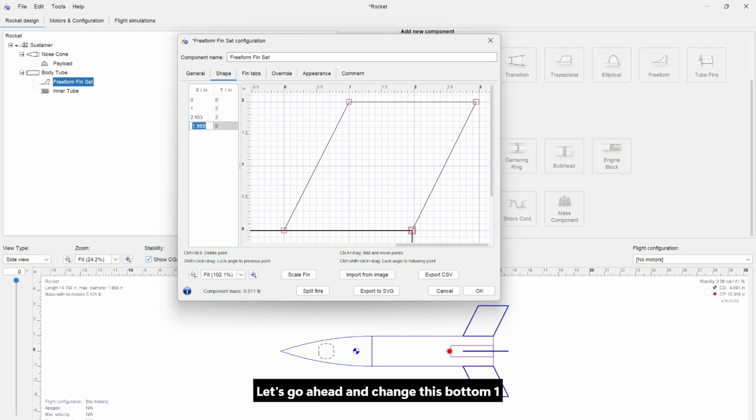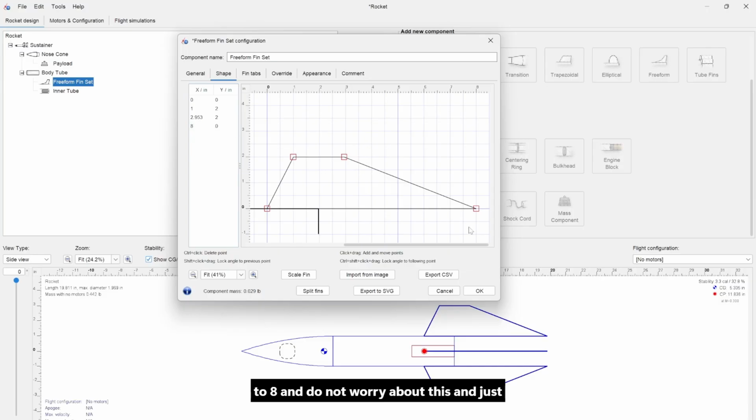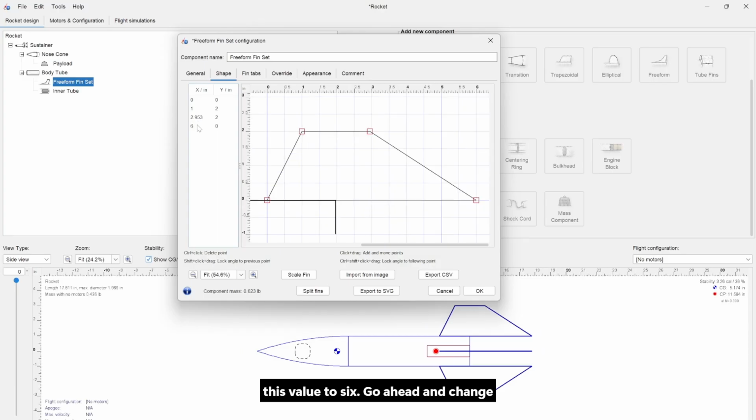Let's go ahead and change this bottom one to 8, and do not worry about this, in just 1 second, we will change that. Okay, so we're back here, wanted to change this value to 6, go ahead and change this value to 5, and this is a pretty simple trapezoidal shape. The fins are a little bit large for our rocket currently, but we should be okay just to leave it